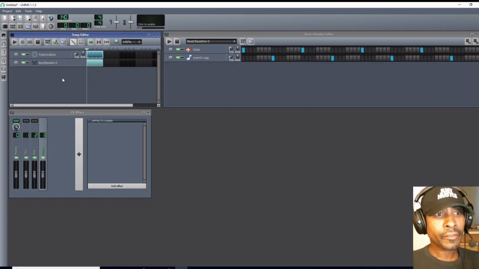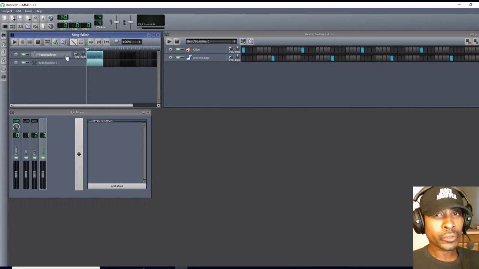So even if I left all these notes the same, it would still make the instruments sound better together, because like I said, it's just going to layer it on. It's like going to some fast food restaurant and they just put cheese on top of bacon, on top of beef, on top of cheesecake. You know, it's not good. So what you need to do is have a certain amount of certain decibels at a certain time on a certain beat. All right. So what I want to do is I want this triple oscillator sound here